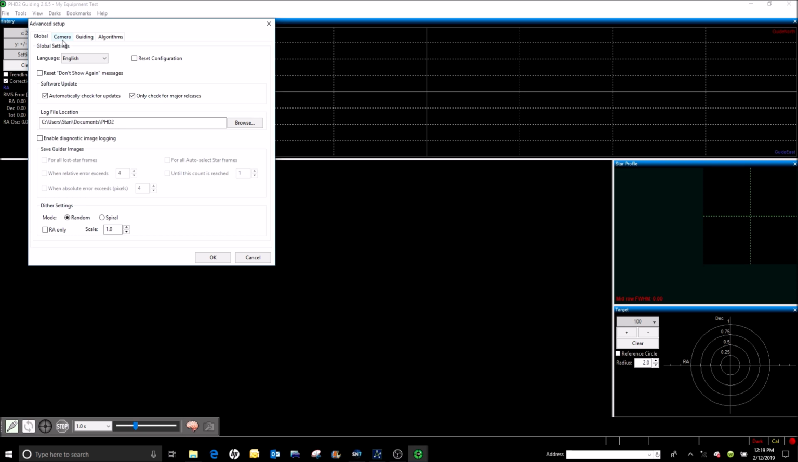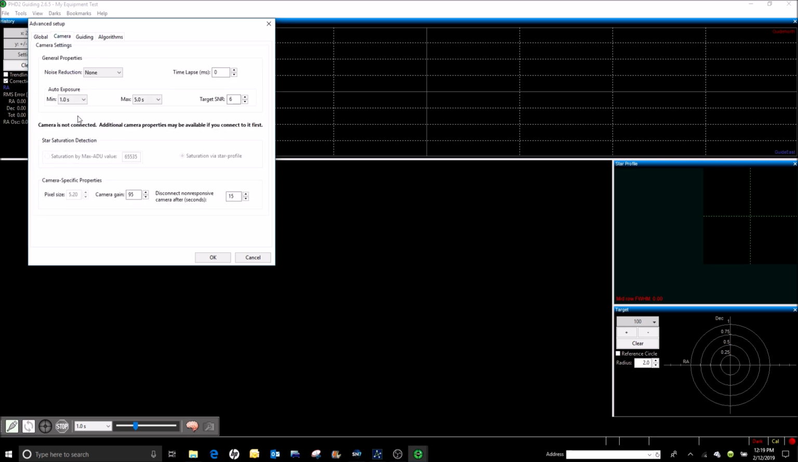So let's go to camera. Now here's where it gets a little interesting. The first thing you see on here is noise reduction. The choices are none, 2x2 mean, and 3x3 median. If your camera has a lot of noise in it, you can go with 2x2 mean, and that'll kind of clear it up a little bit. But the image is going